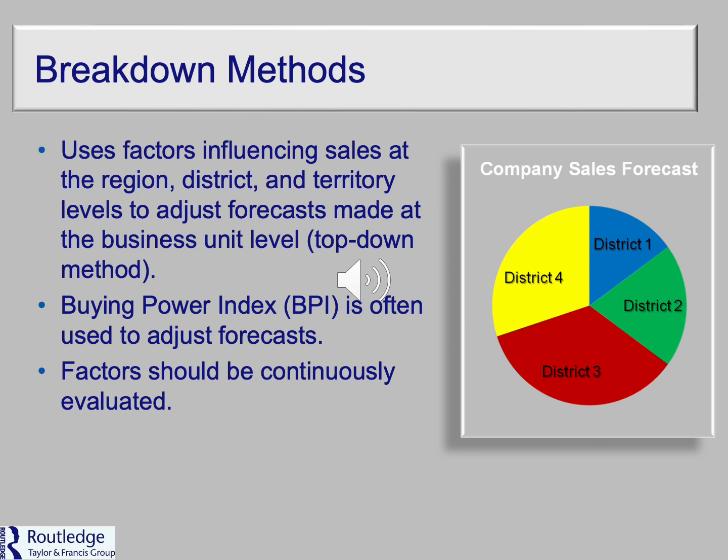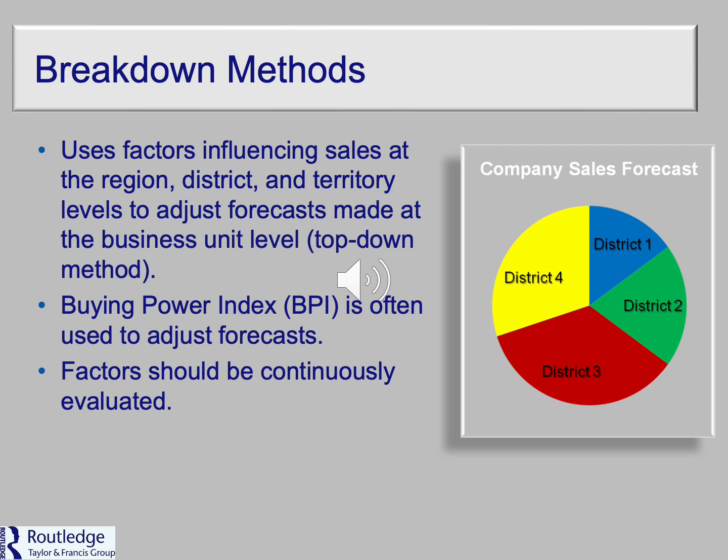Okay, so again, you're basically finding a way to weight the distribution of the forecast based on the BPI that you have created. And there's lots of ways that you can go about creating that, again, beyond the scope of this class, but I just want you to have an idea of what each of these are so that you understand the general method and the advantages and disadvantages of using one over the other.